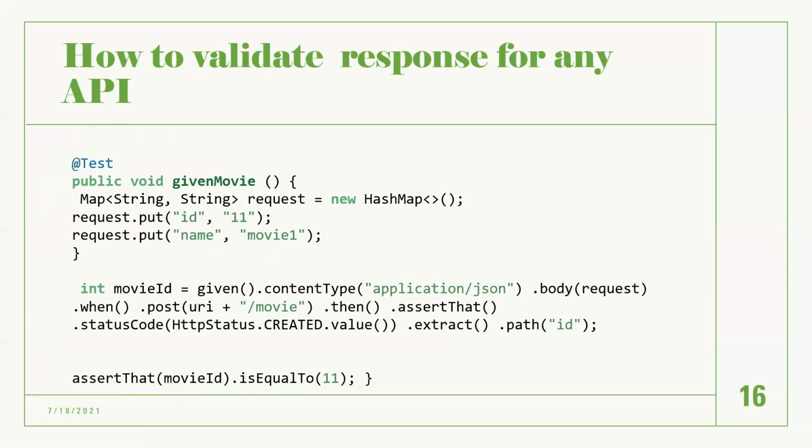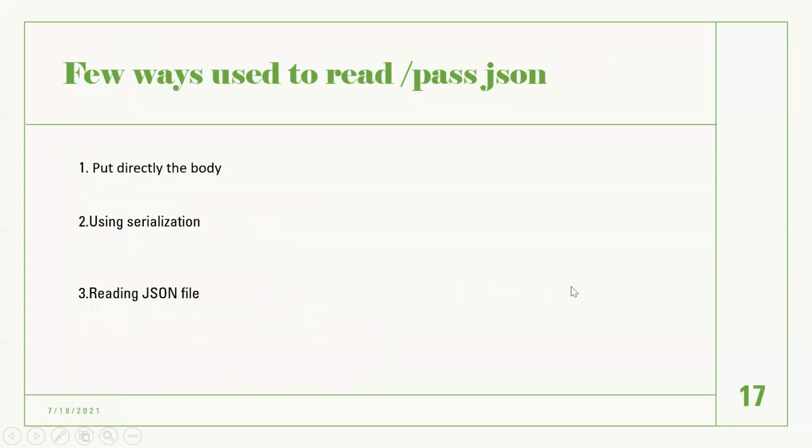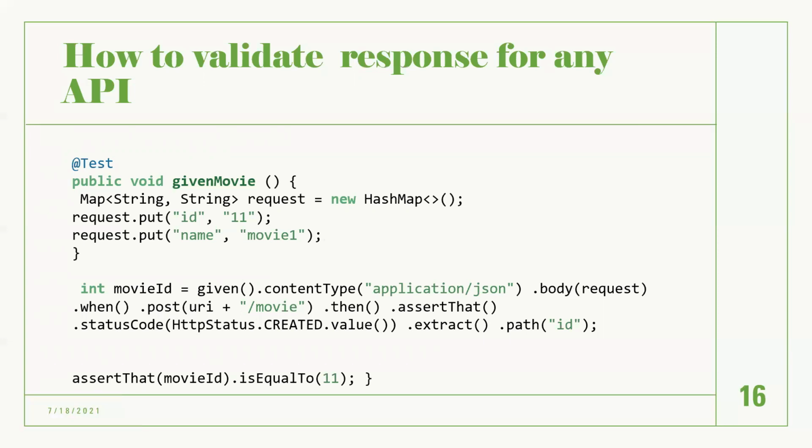How to validate the response for any API? If you want to validate the response, we can also do it in TestNG instead of using a new method. Then you have some response, and you put it in a map. Then you take that as an input here and just do a comparison. Okay, you will just validate whether this value was there or not, or whether in this path the ID was this or not. We'll just validate.